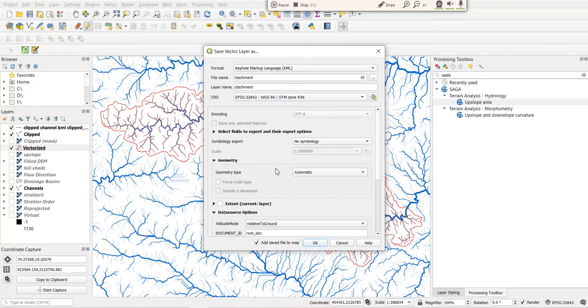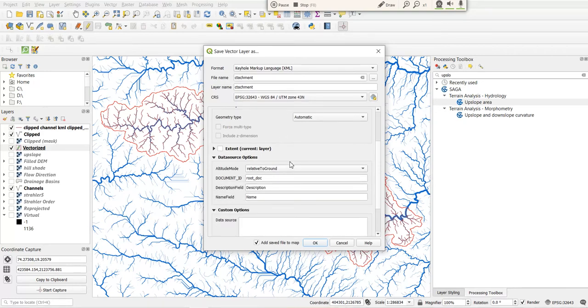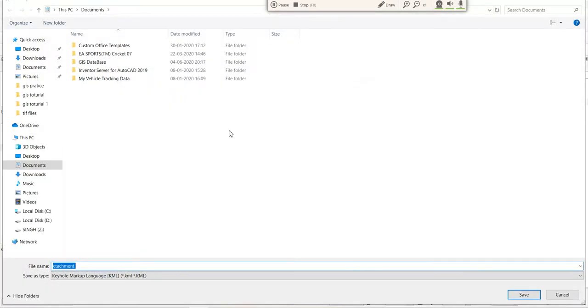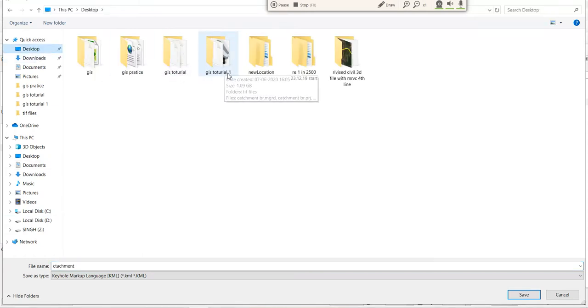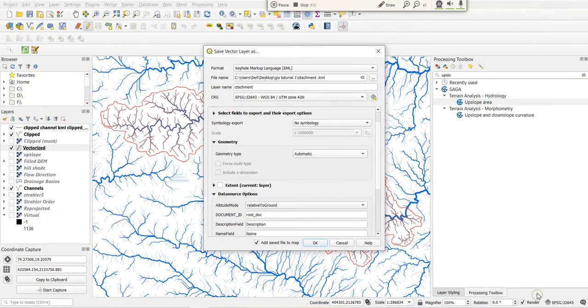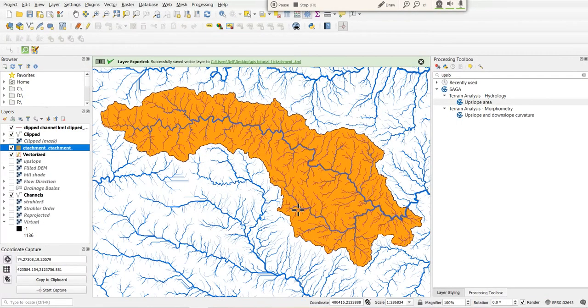Symbology no, coordinates okay. I'm saving it to desktop GIS tutorial 1. Yes, okay, save, okay. So I have saved this.